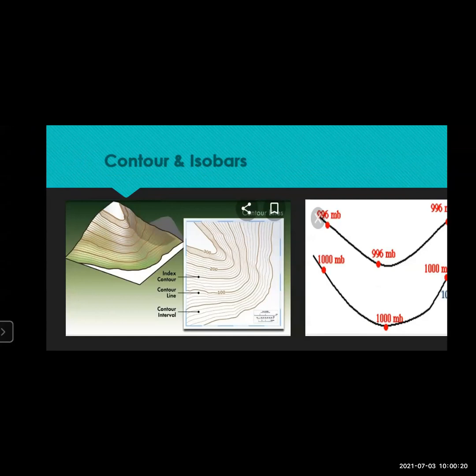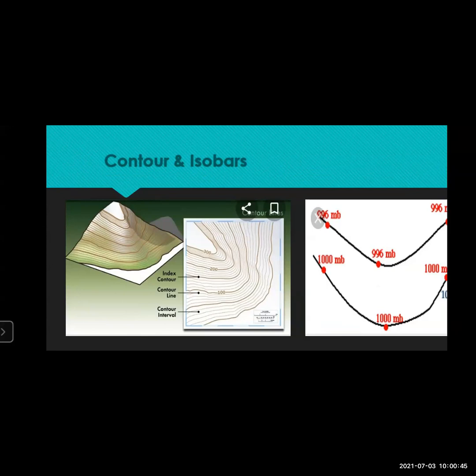Now we have to go to the isopleth method, but before that, this particular thing you must have learned, which is related to the isopleth map, contour lines and isobars. Isoheights are there, different types of lines are there, which you must have seen in your lower classes. You can see here on the slide that are contour lines and isobars.